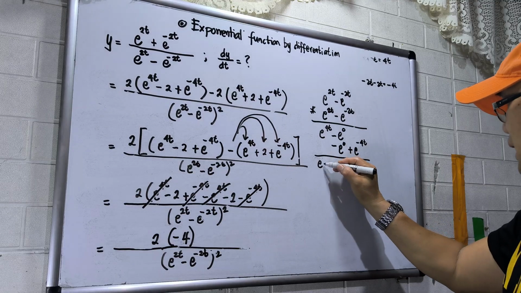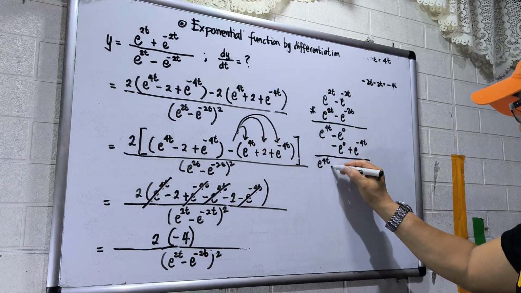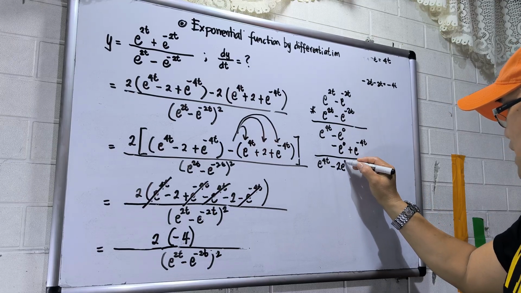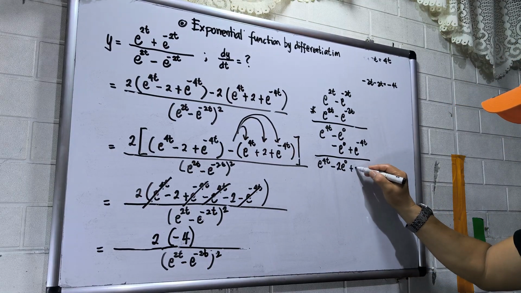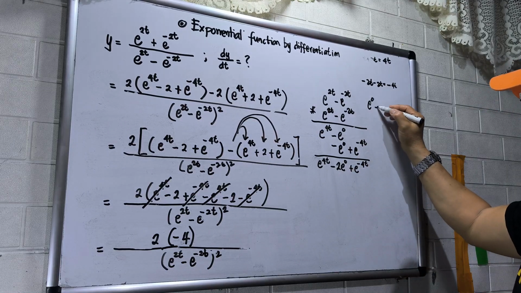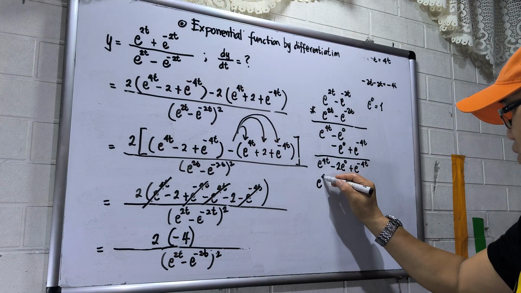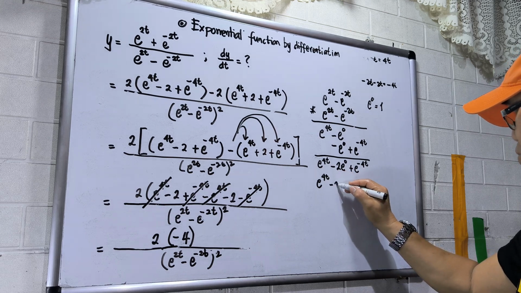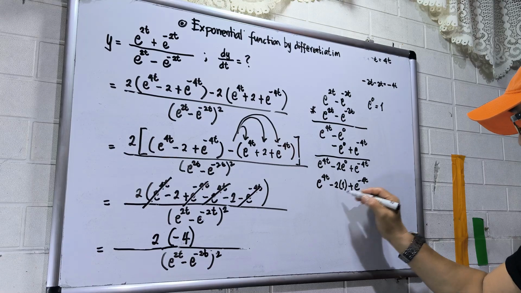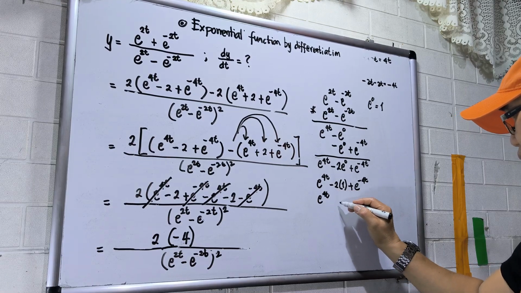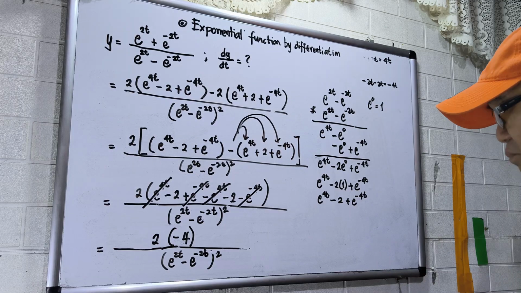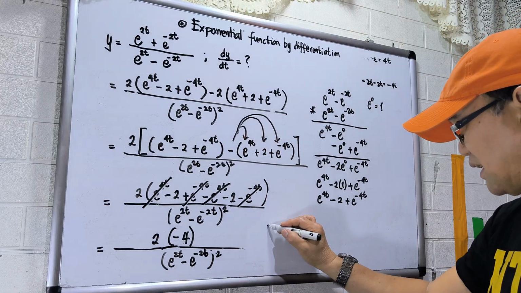Bring down e to the 4t minus, this is 1, 1, so this will be 2, e raised to 0, then plus e raised to the negative 4t. So, take note, e to the 0 is equal to 1. So, this will be e to the 4t minus 2 times 1 plus e to the negative 4t. So, this will be e to the 4t minus 2 plus e to the negative 4t. Okay? So, meaning, my final answer will be